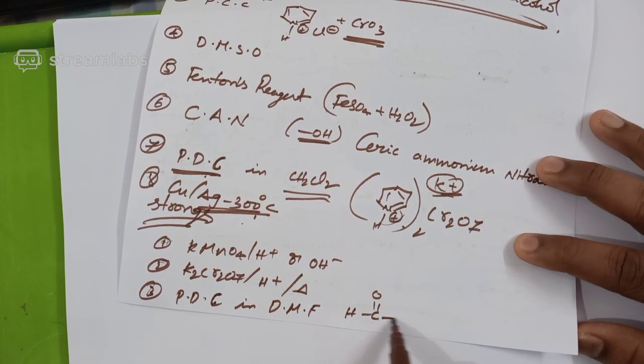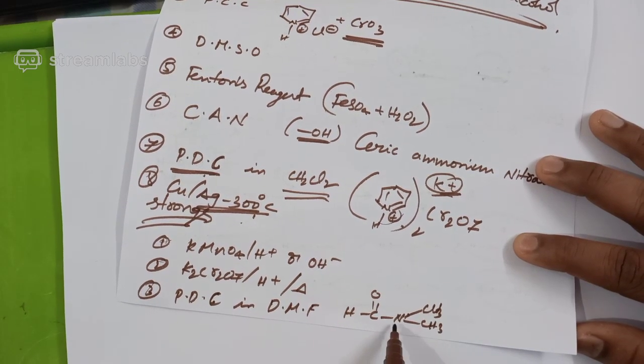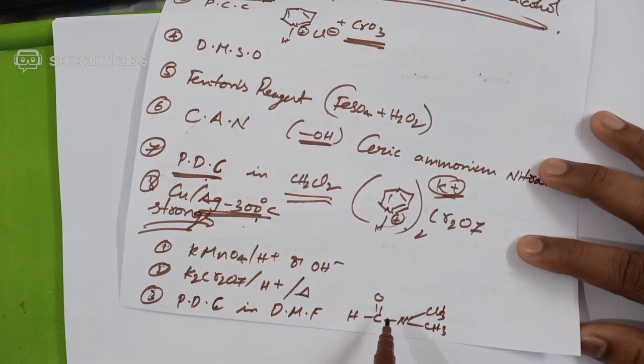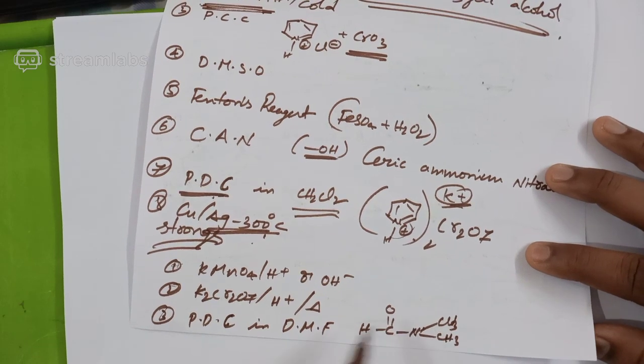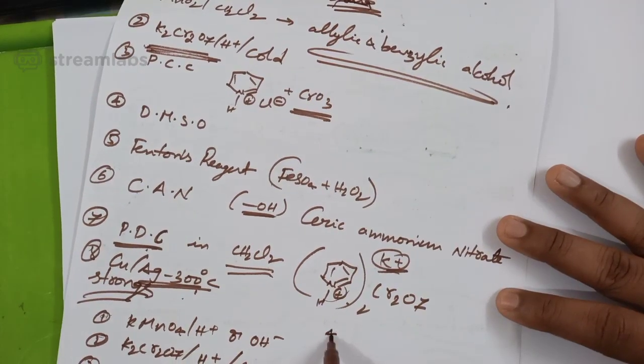This is dimethyl formamide. Two methyl groups with the formamide. Dimethyl formamide is the solvent. By using this solvent, PDC acts as a strong oxidizing agent. And the fourth one is